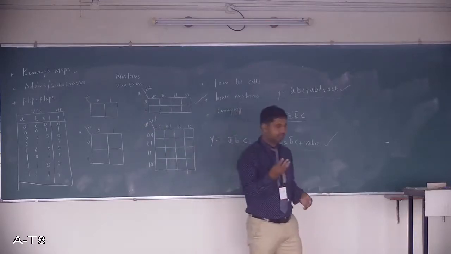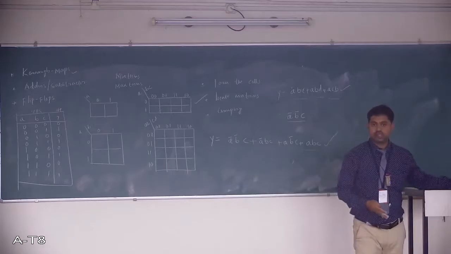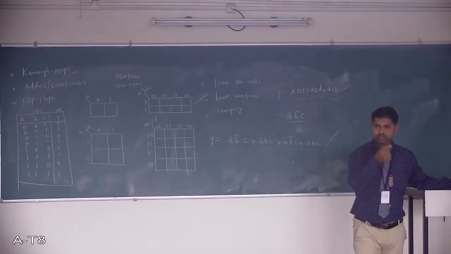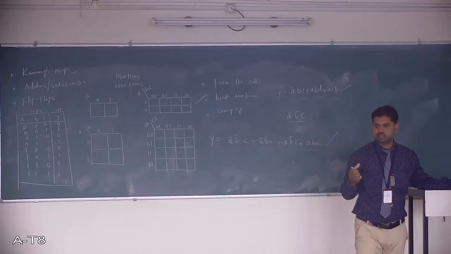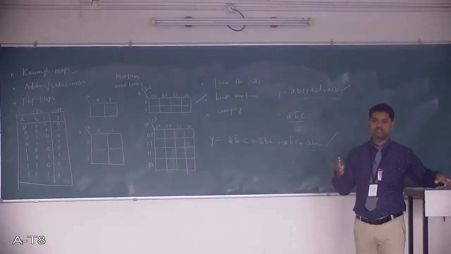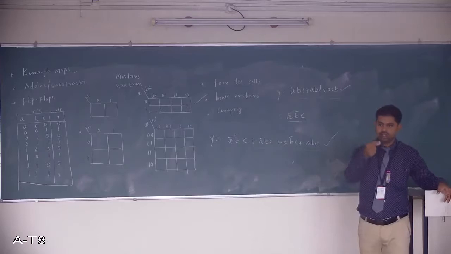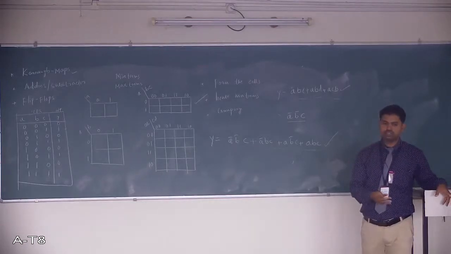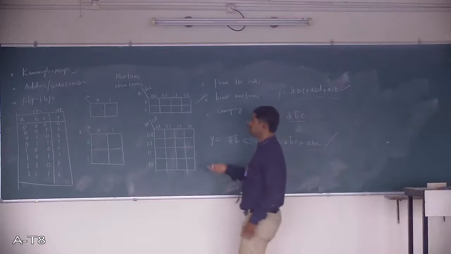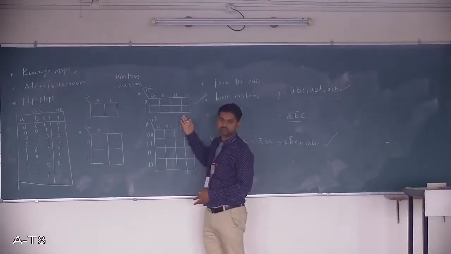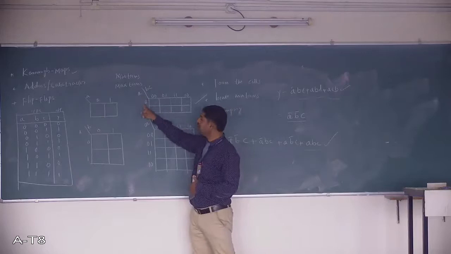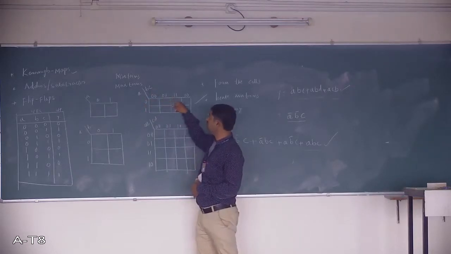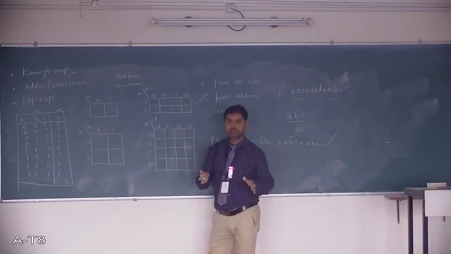If you have 3 input variables, there are totally 8 combinations, and for every combination you must provide a space. So that's 8 cells. Every input combination I should be in a position to locate, so I need 8 cells because 2 to the power of 3 is 8. This is A, it takes either 0 or 1, and BC is 00, 01, 11, 10. You should follow this pattern only.